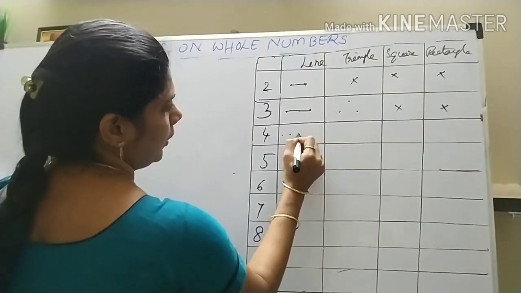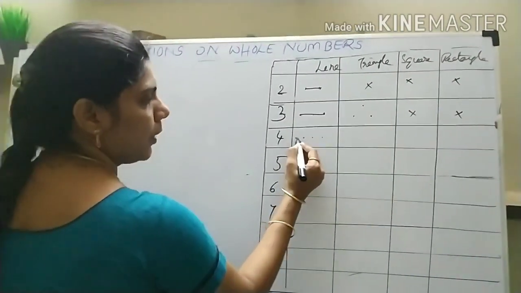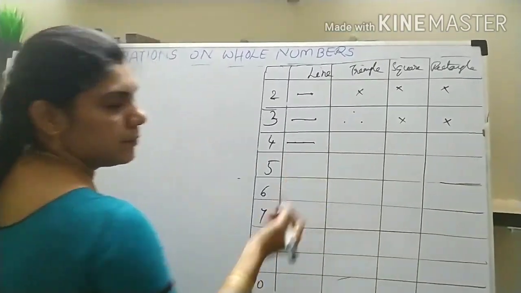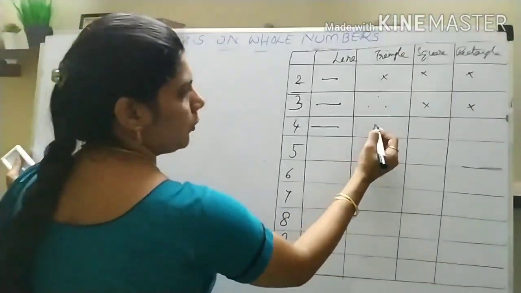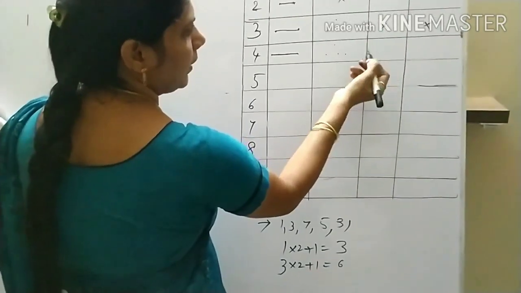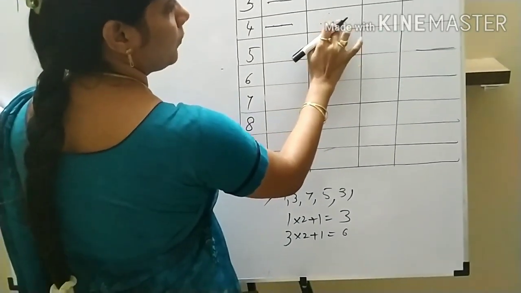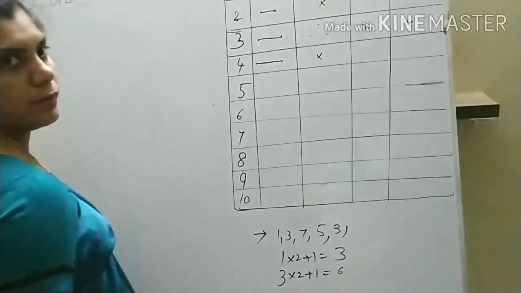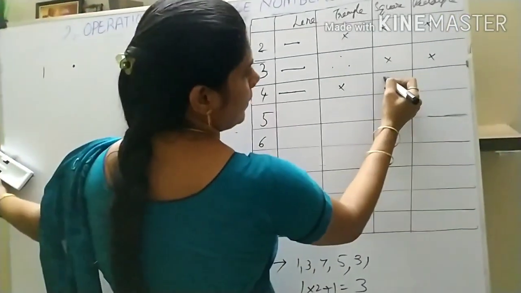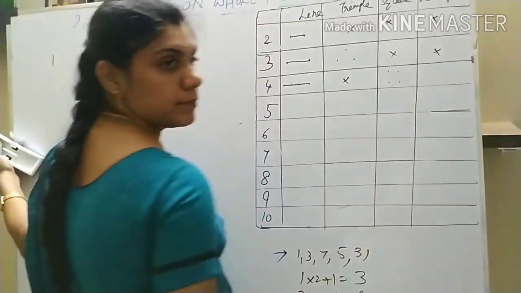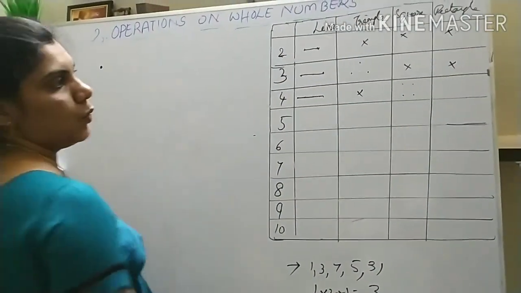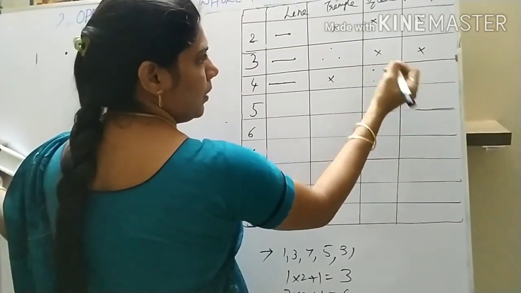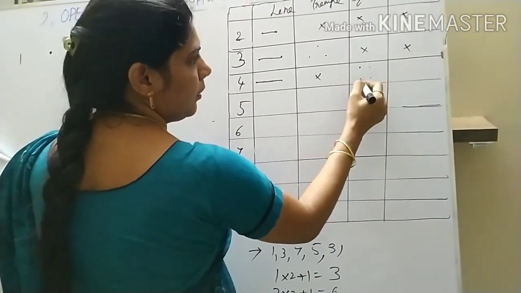Okay, so come to 4 dots. 1, 2, 3, 4. With 4 dots, I can make a line here. With 4 dots, can I make a triangle? No, there is no such shape, so this is not possible. With 4 dots, I can make a square here. So with 1 dot, the basic one is 1 dot, and I am adding 3 dots.